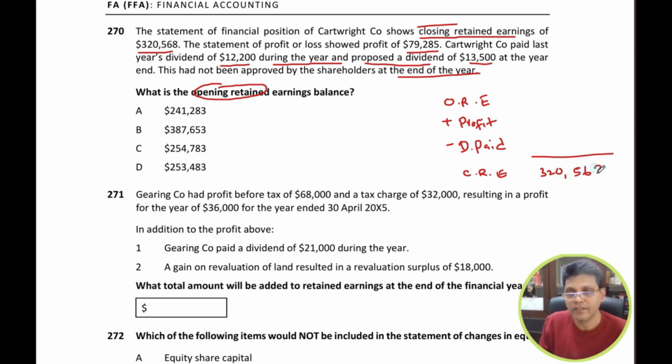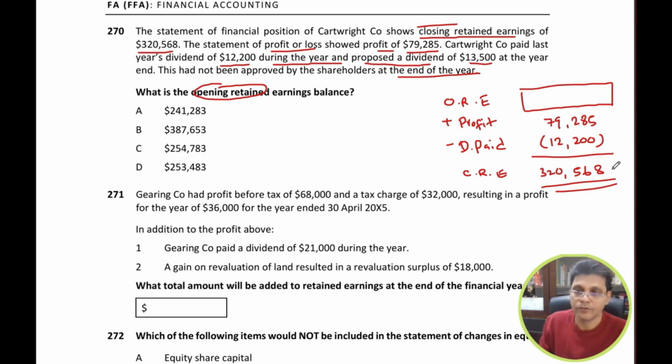So closing retained earnings are given as 320,568, and also dividend paid is given as 12,200. That amount has to be deducted from the opening retained earnings, and also you need to add back the profit of 79,285 to the opening retained earnings. But the opening retained earnings is not given. So to arrive at opening retained earnings, you have to reverse these entries. So 320,568, you add back the dividend and you deduct the profit to arrive at the opening retained earnings. Once you do that, your answer will be